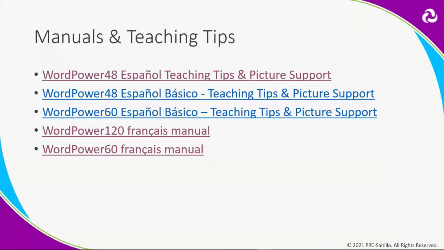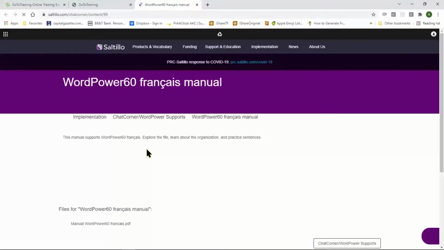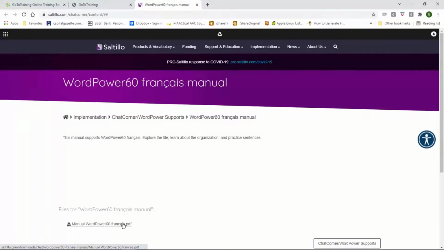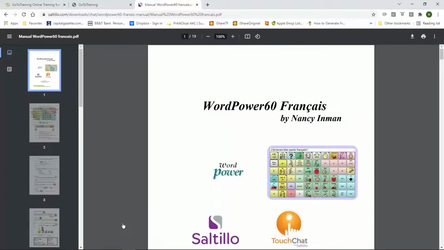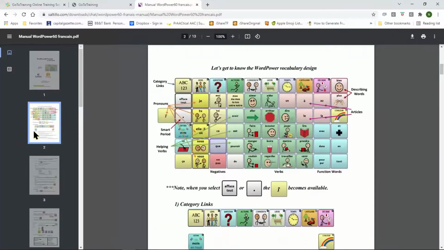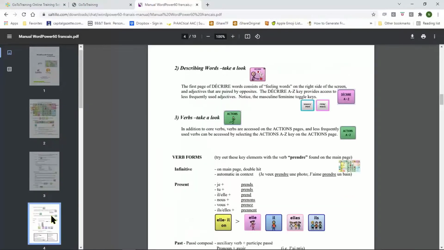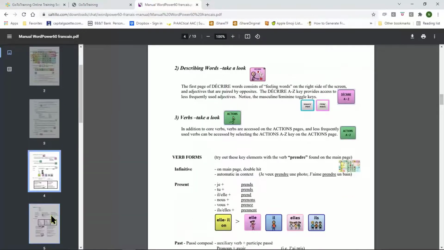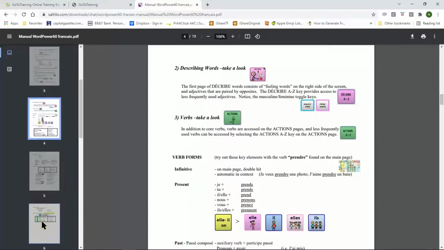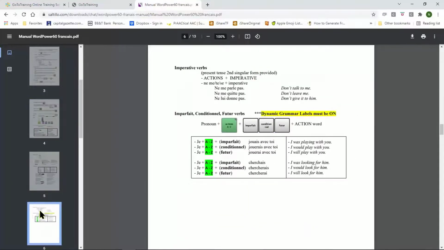So, for example, if I go to the WordPower 60 Français manual, and these are in your handout, the manual just steps you through and talks about the different verb forms, and hopefully it's set up in a way to step people through the process of getting familiar with all the